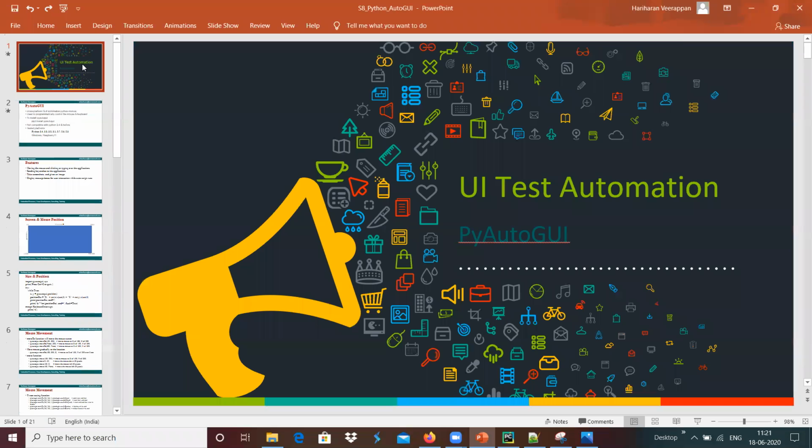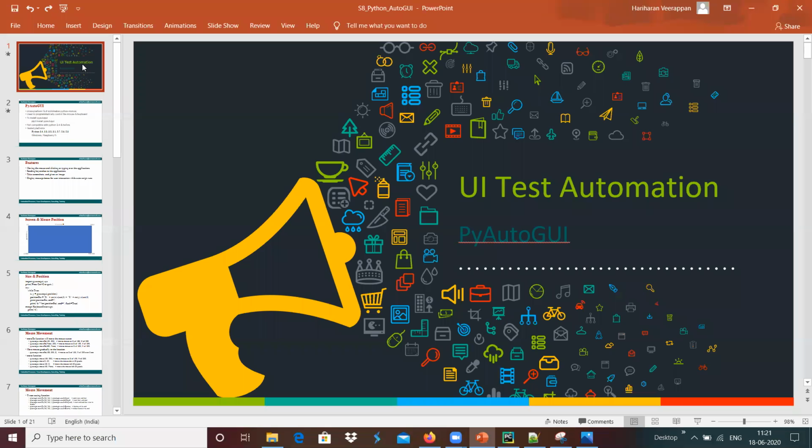Basically, this is a kind of UI test automation with the help of PyAutoGUI. It's how we do that automation. We have to generate the mouse events, the keyboard events, the mouse click and double click.